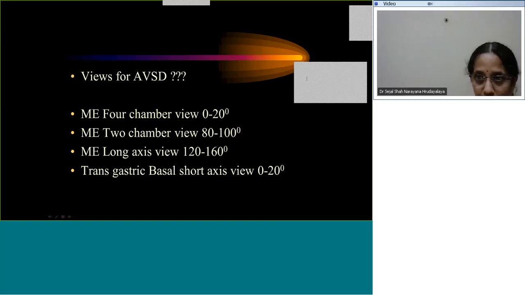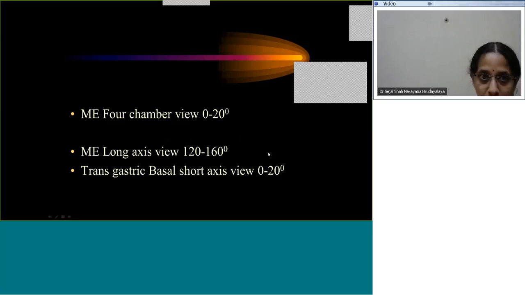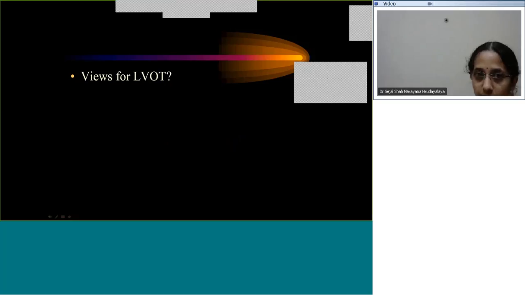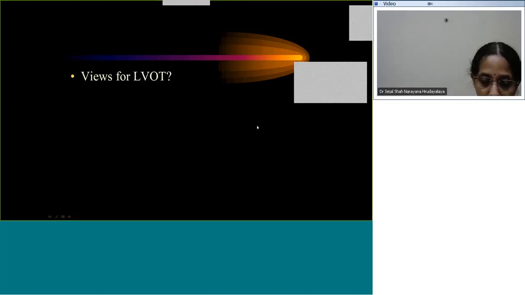Yes, so for the left ventricular outflow tract, we would probably consider the long axis. If no gradient, then we do not have to go to the transgastric. That's right. Now, what are the views for LV outflow tract? So left ventricular outflow tract in pediatrics, if we think about it, we commonly use it for subaortic membranes, the